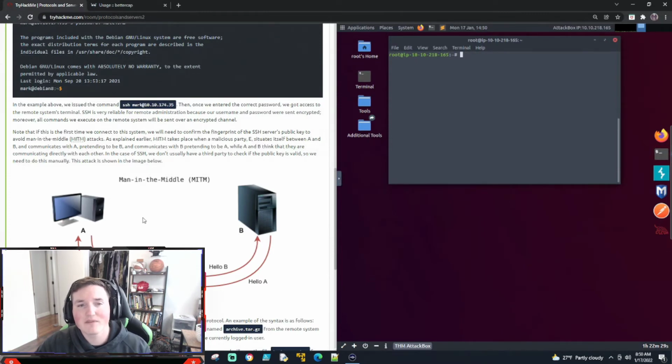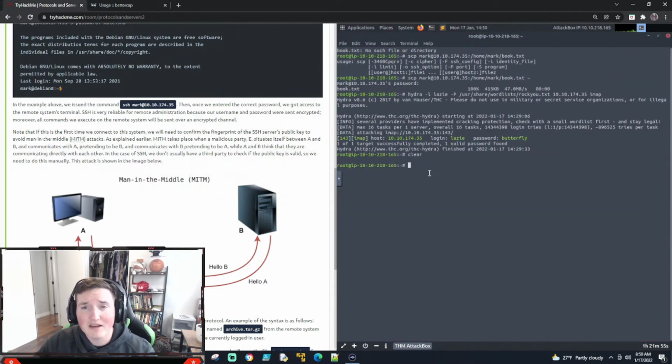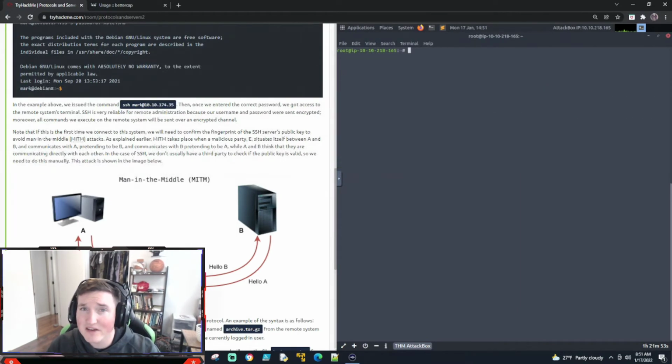Let's say this is the first time you logged in. Great, cool. Let's say you administrate with SSH every day. You're logged into the same server every day. You're adding stuff, taking stuff, whatever. And then one day you log in and it says verify the authenticity of this cert. You're probably going to be like, well, why would I verify it? I do this every day. That's where you've got to be a little cautious, because it only asks you the first time you do it. So why is it asking me? Because it's the first time you logged into that server, meaning that you're actually not logging into the server that you think you are. So keep that in mind.